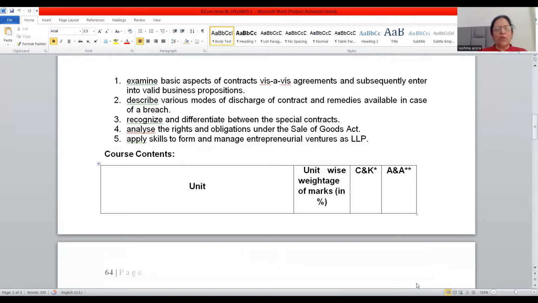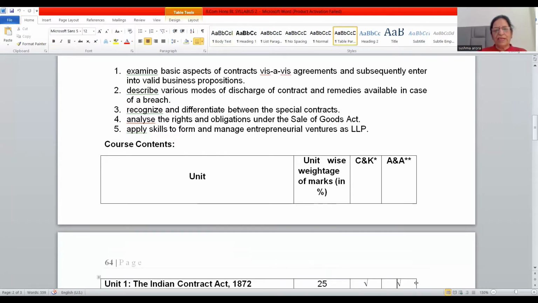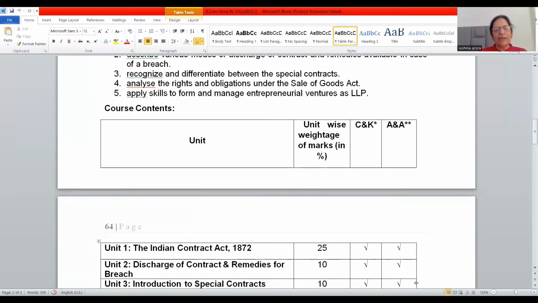Apply skills to form and manage entrepreneurial ventures as LLP. So LLP is one of the ventures. Okay, LLP is a hybrid which contains the advantages of company as well as traditional partnership. So moving ahead, friends, now what is the weightage of